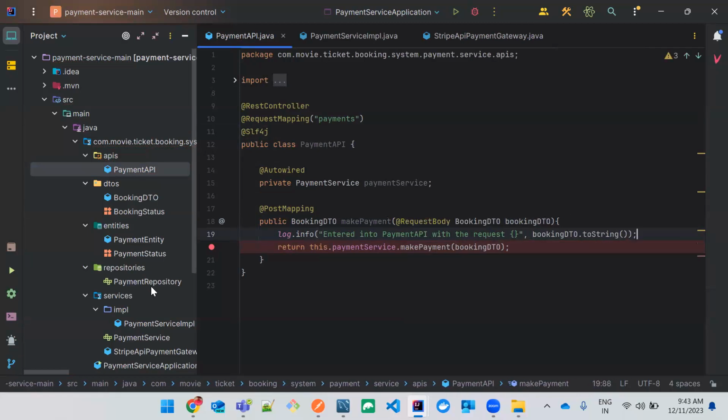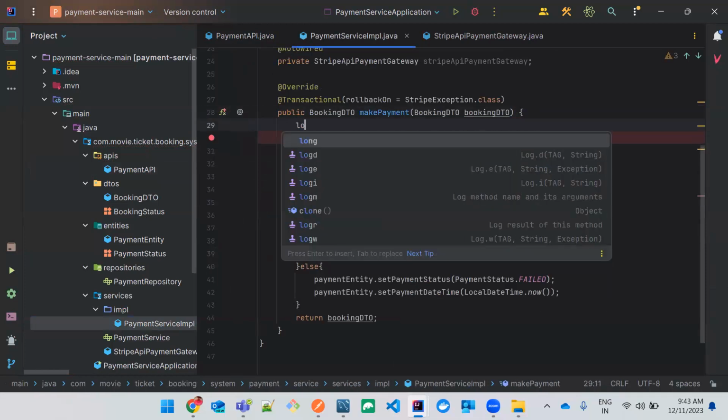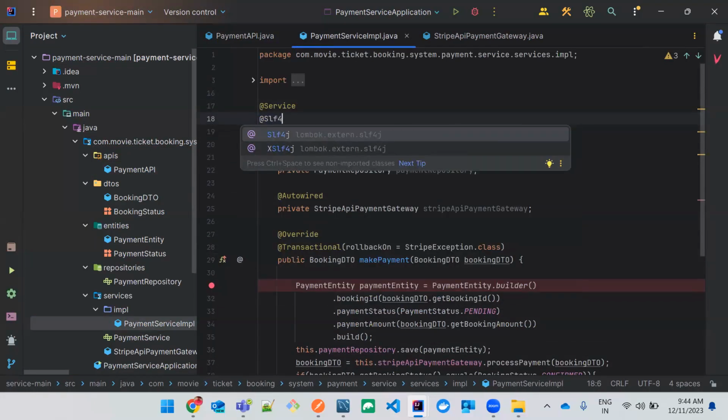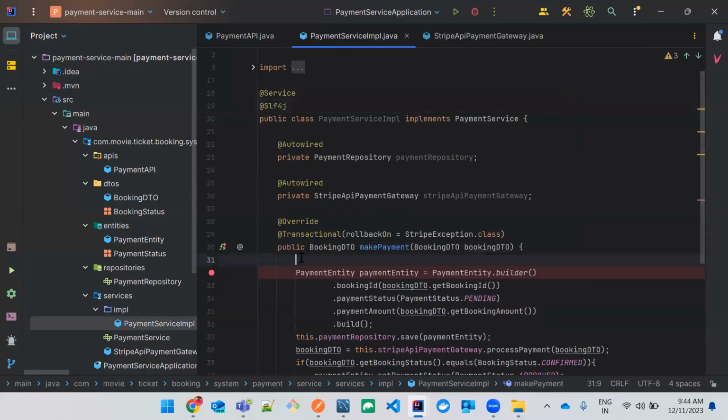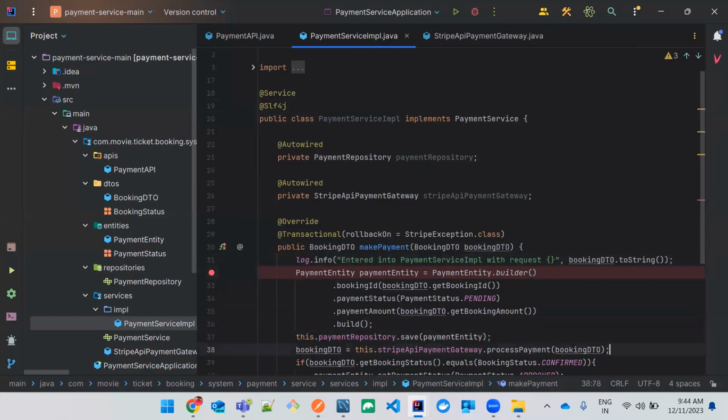Okay. And now I just wanted to go to this payment service. Log not used it. At the rate SLF4J. Log.info: entered into. That's it. And now